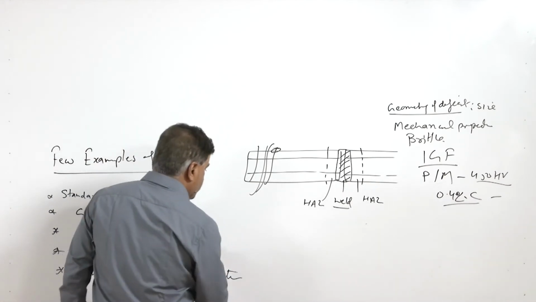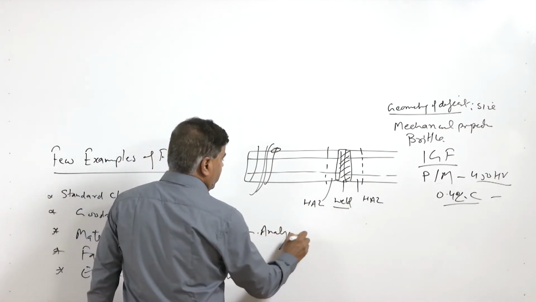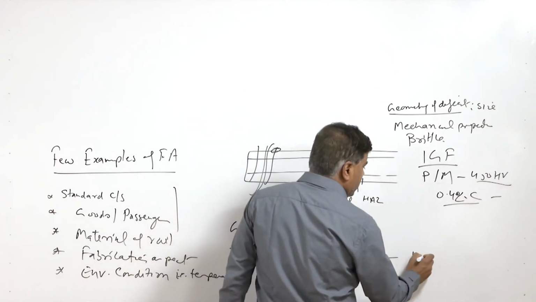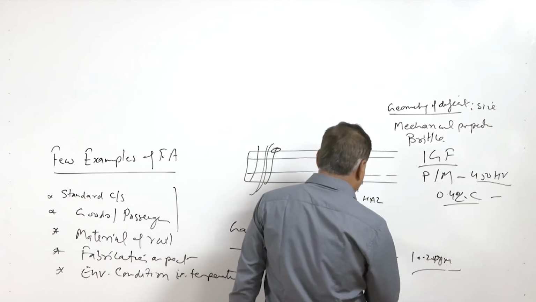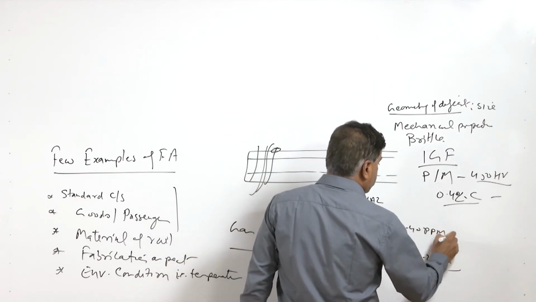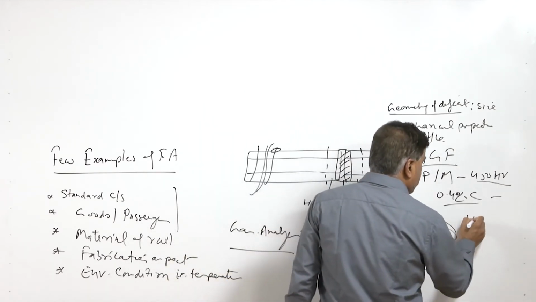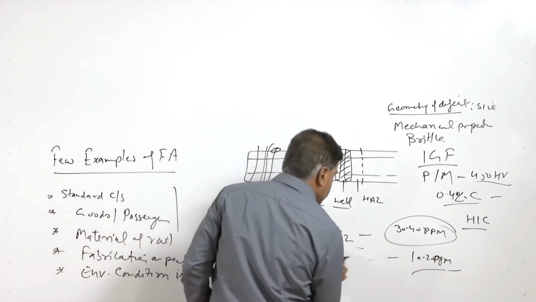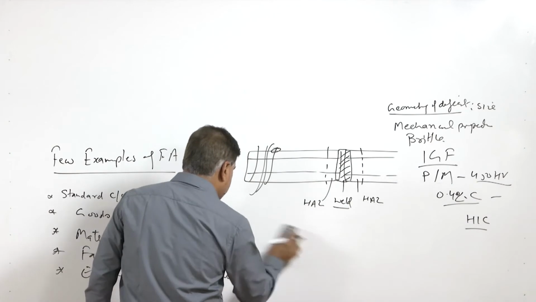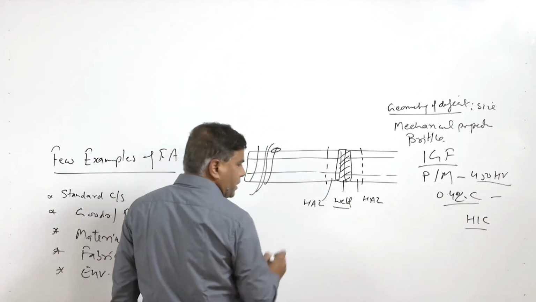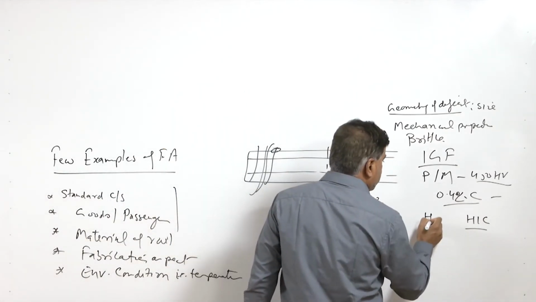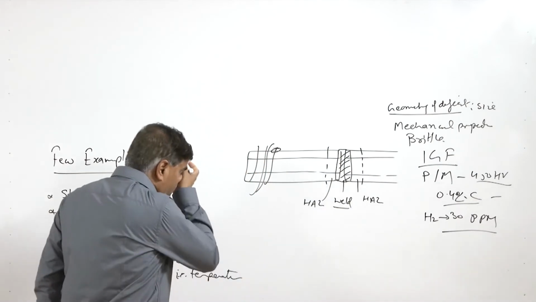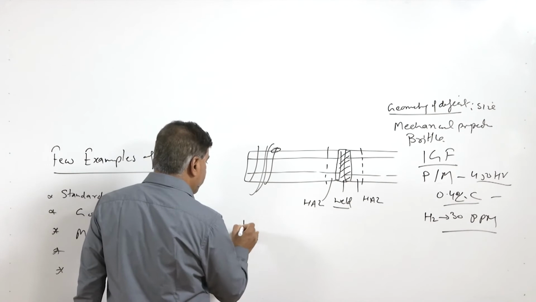And then apart from this, we can do some gaseous analysis of the failed rails. The gaseous analysis may indicate the presence of say hydrogen or oxygen. Oxygen, if it is like 10 to 20 ppm, may not be that harmful. But if it is like 30 to 40 ppm for hydrogen, this can create trouble, especially with regard to hydrogen induced cracking. This can propagate the cracks through the intragranular fracture mechanism and cause fractures. So, the gas analysis will indicate which gases are present. So, say hydrogen is 30 ppm, hydrogen is present,